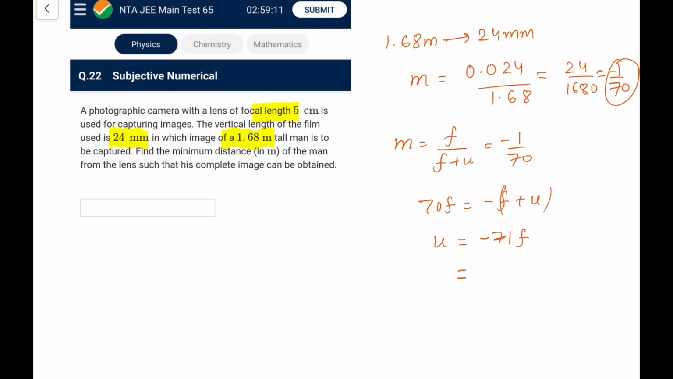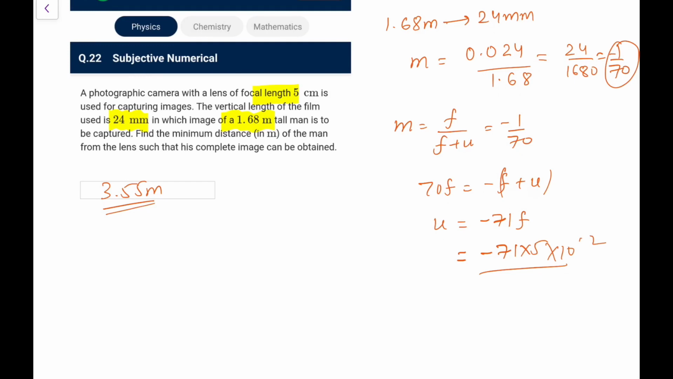So 71 into 5, so this is 355, so 3.55 meter I can go for, because 71 into 5, focal length is 5 centimeter. Okay, so 10 to the power minus 2, so the 3.55 meter, 355 centimeters I can go for. So that is how you have to do this. Next,